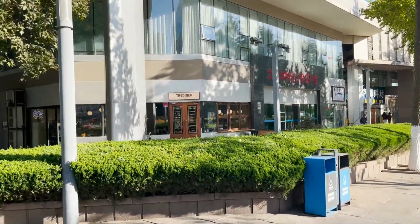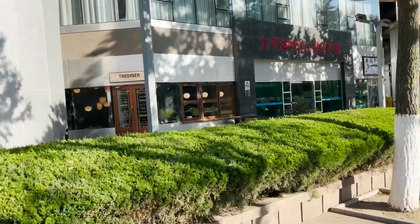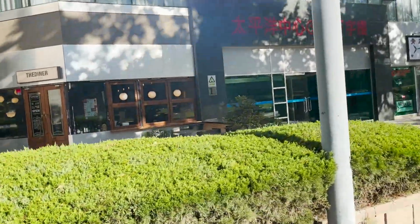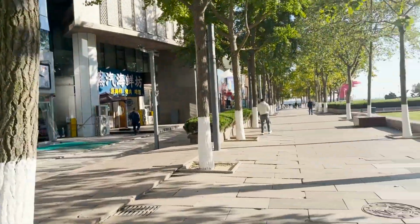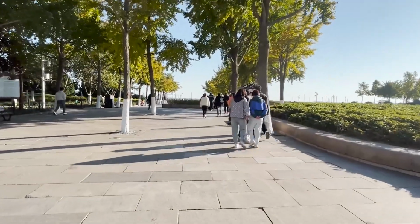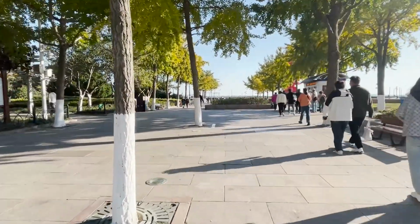And if anybody who ever watches this is in Qingdao at some point in their lives, this is an excellent Western restaurant. Makes its own beer. I think they do. They used to anyway. I'm not sure if they still do, but that beer was delicious. Good food too. All right, we're approaching the iconic red tornado,